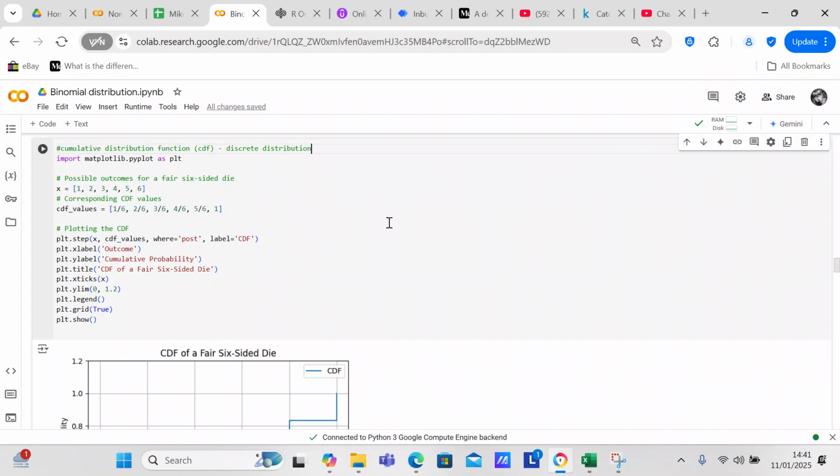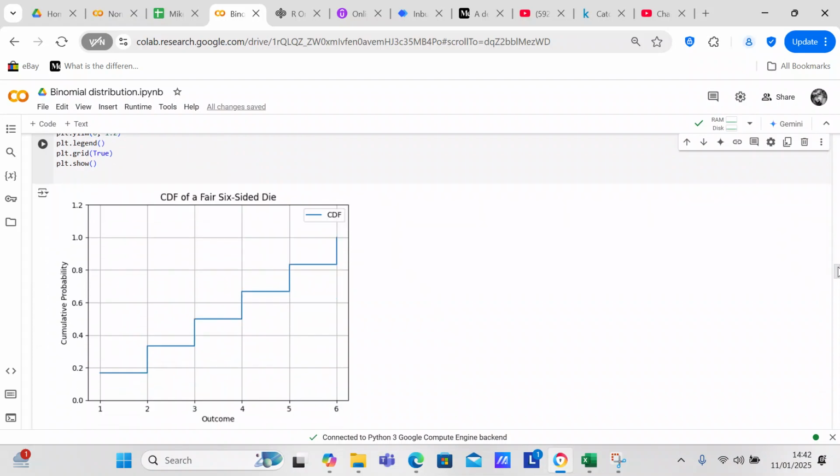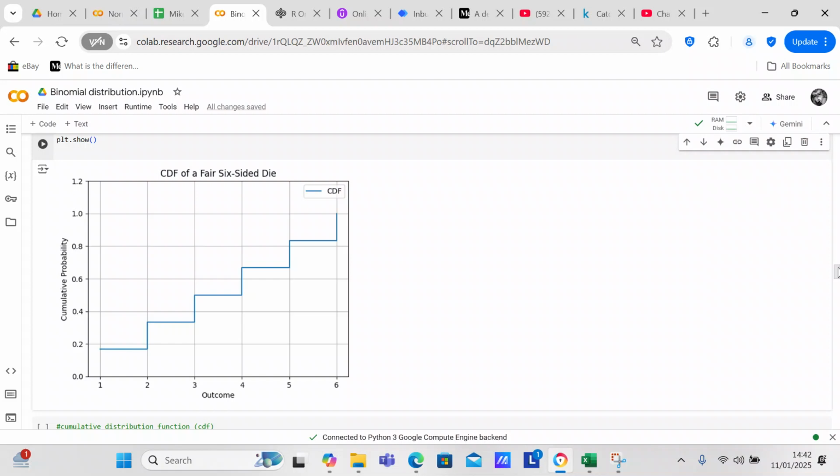Because you've got to remember that the cumulative distribution function has to add up to 1. And then so we're going to plot this out. So plt.step, X, CDF values, where post, label equals CDF. Then the X label is outcome, Y label is probability, title is CDF of a fair six-sided die, X ticks is X, Y lim is 0, 1.2, so that's your limit. Legend, there is no legend, grid is true, and then we're going to show it. So these are your steps. This is the visualization that you get,